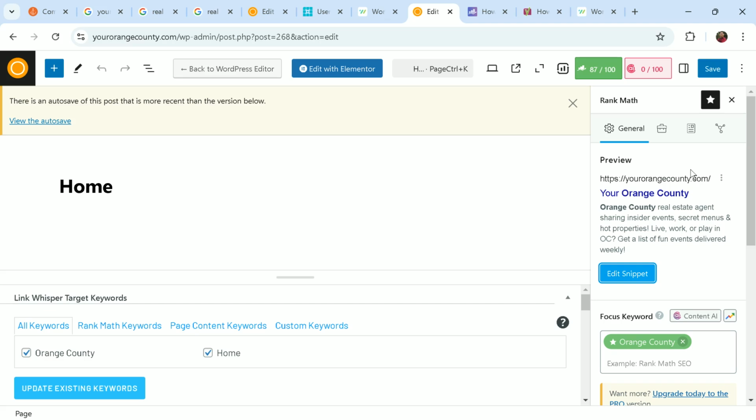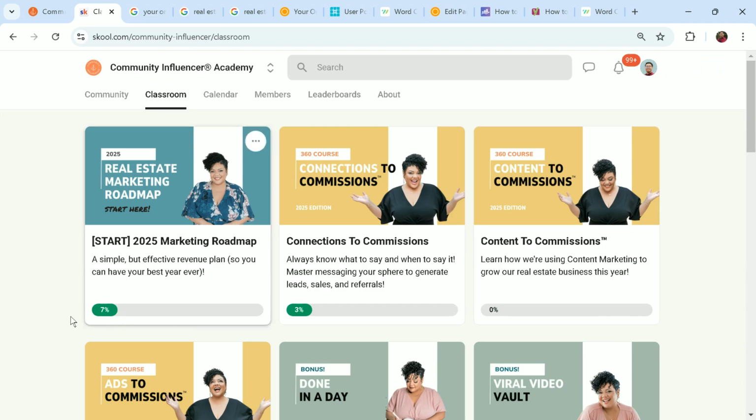Finally, to save your changes here, just click on Save Here, Publish or Update. If you can see a save draft here in the center, you can also do that if you're not ready for your post or page to appear in the web. Just don't forget to click on Save Here, and you'll be good to go. You can see the status here that has been updated. That's it for the second method.